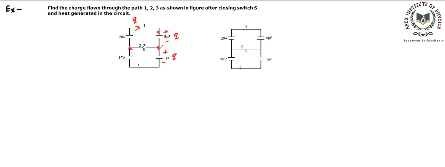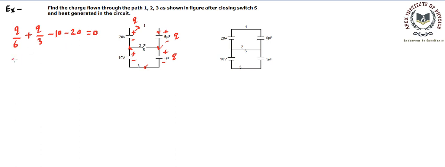Now these are the two batteries. We know this is going to be positive terminal, negative terminal, positive terminal, negative terminal. We can solve this circuit by using the Loop law. So let's say we are starting from this point and moving in the sense the charge is flowing. So from here we will find Q upon C, which is 6, plus Q upon C, which is 3, and then we are moving from minus to plus, so this is a gain of potential, so minus 10. Again we are moving from minus to plus, so we will write minus 20. This is equal to 0.